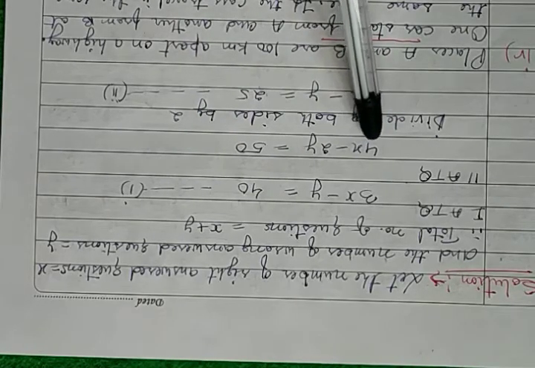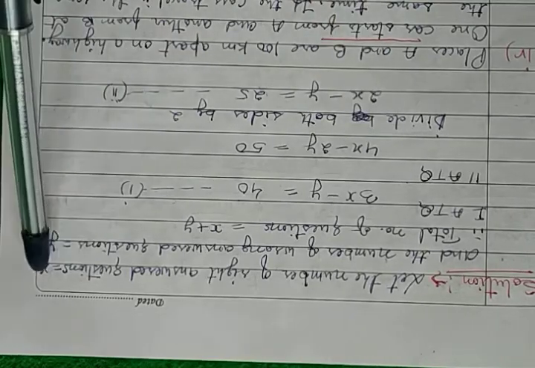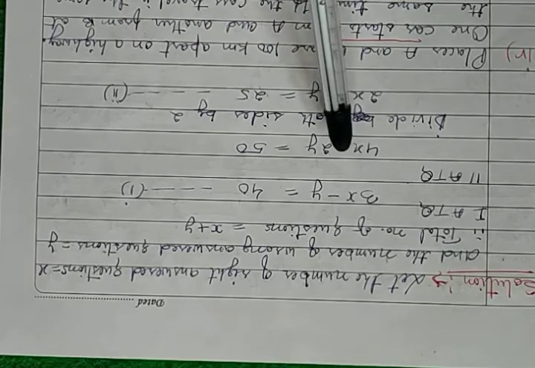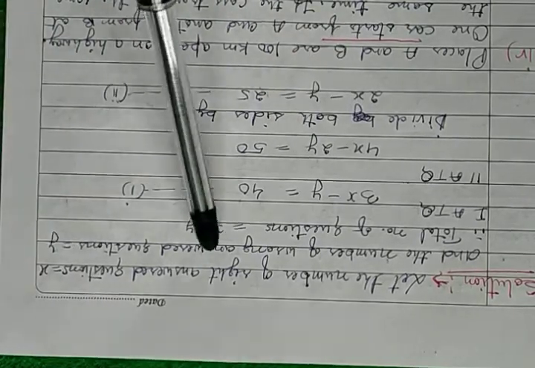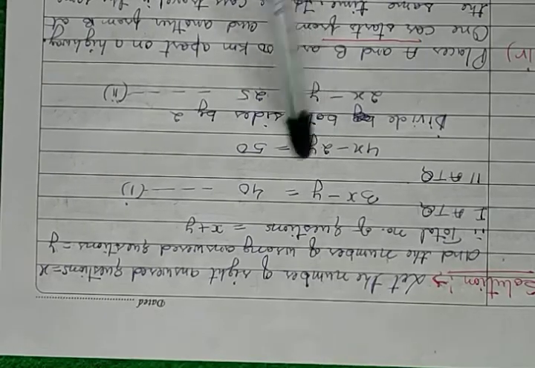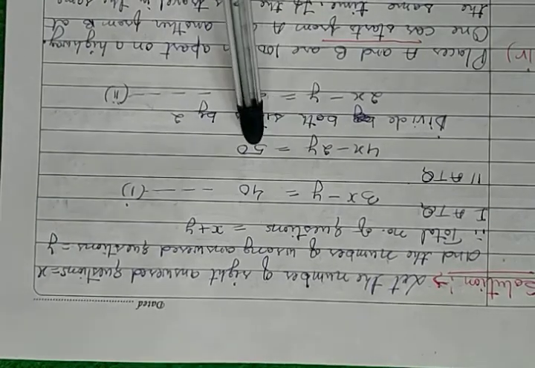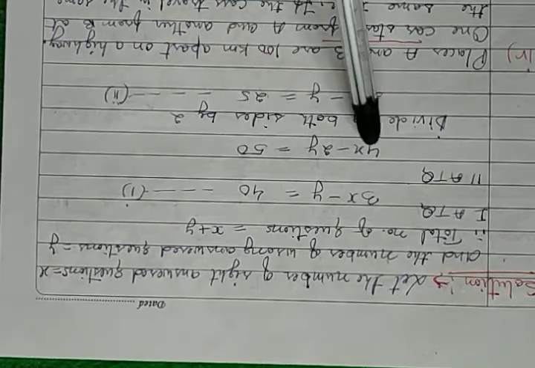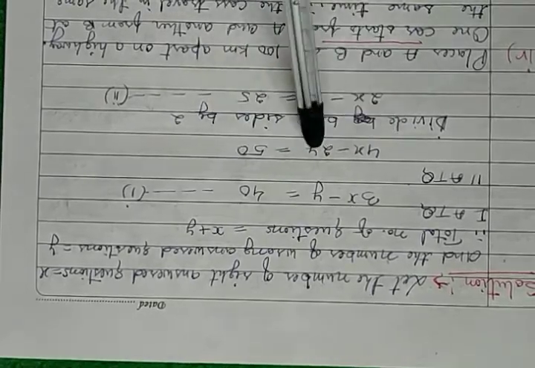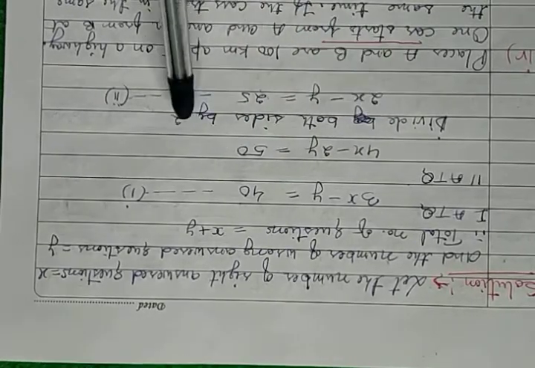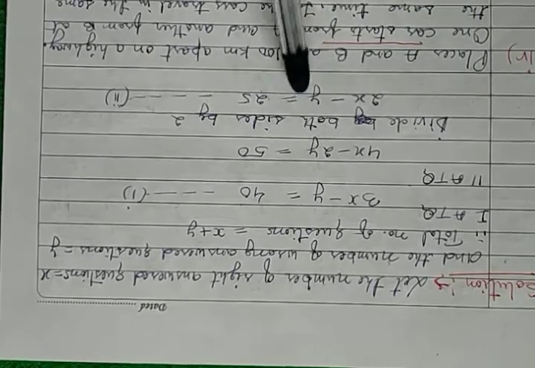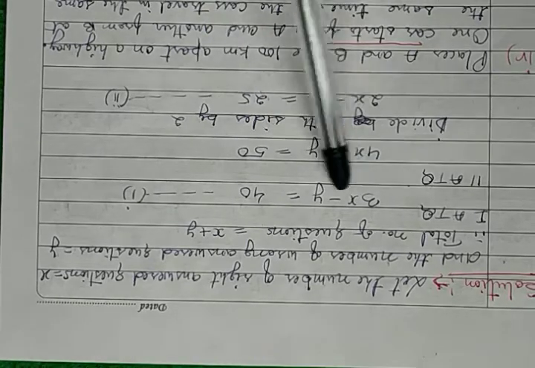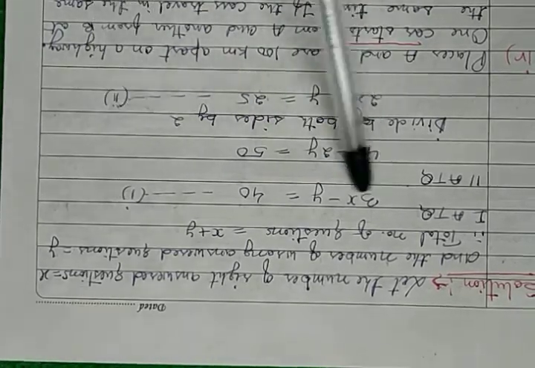For the second case, there are 4 marks for a right answer, so 4x, where right answers are x. Deducting, minus y wrong answers with 2 marks each, 2y, is equal to 50. Now in this case, they are multiples of 2, so you can easily divide both sides by 2: 2x minus y is equal to 25. Now you have equation number 1 and equation number 2, and you can solve by any method.